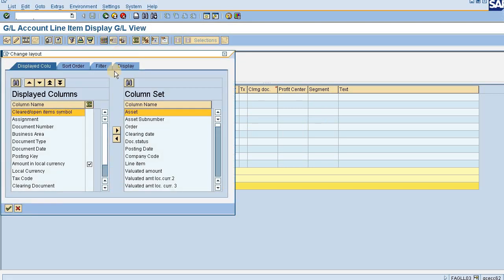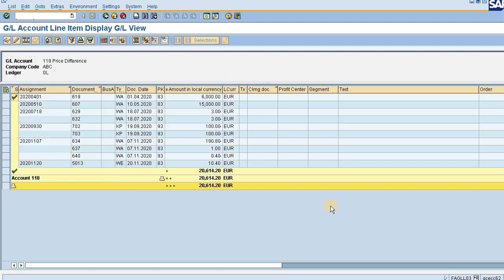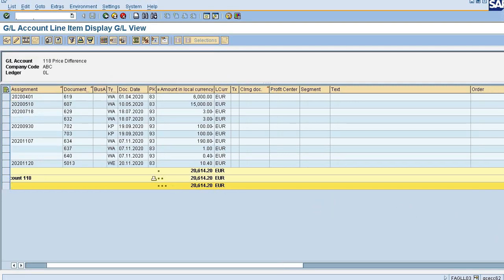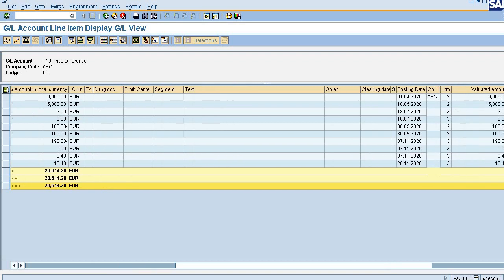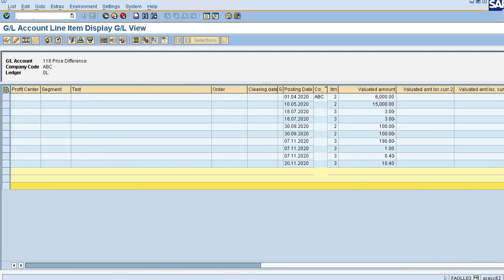Again I can go to the layout section and choose the fields which I want to check. Chosen. Now pressing enter. Again scrolling to the right, from here I can check the relevant fields which I wanted to check. So these are very commonly used transactions from where I can gather information about the GL balances.